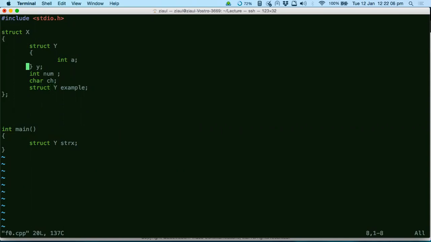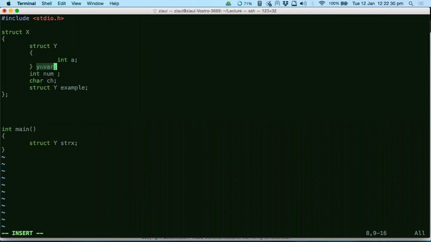Sir, either we put y after the struct y, or we put struct y example, or any one of those we have to do, sir. Yeah, you can. If you do this, here you have created two variables of type struct y.